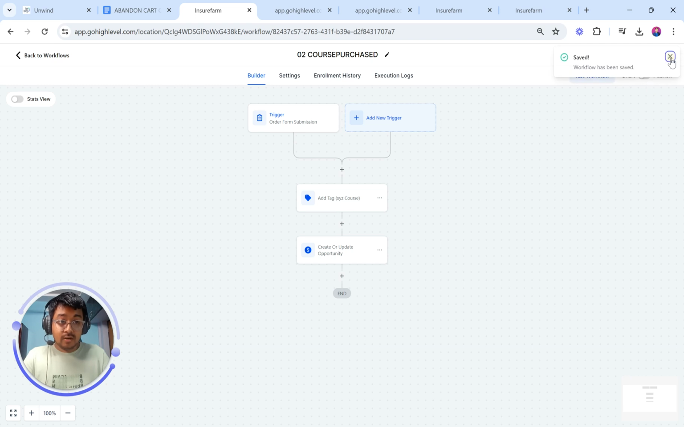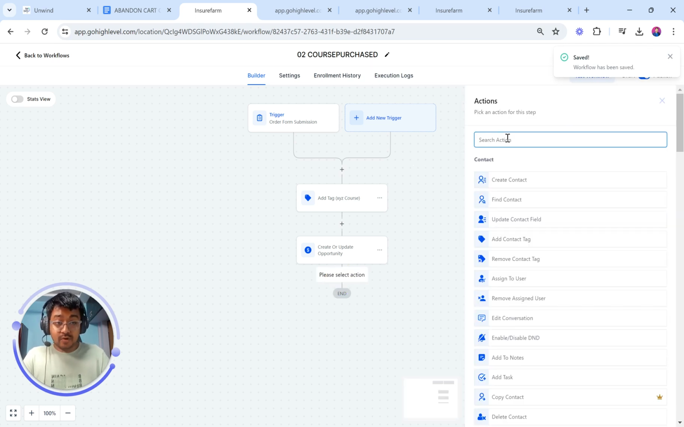And don't ever forget about publishing it. So just publish it and save it again. All right. Okay. We also need to add an email sequence, which is going to be a